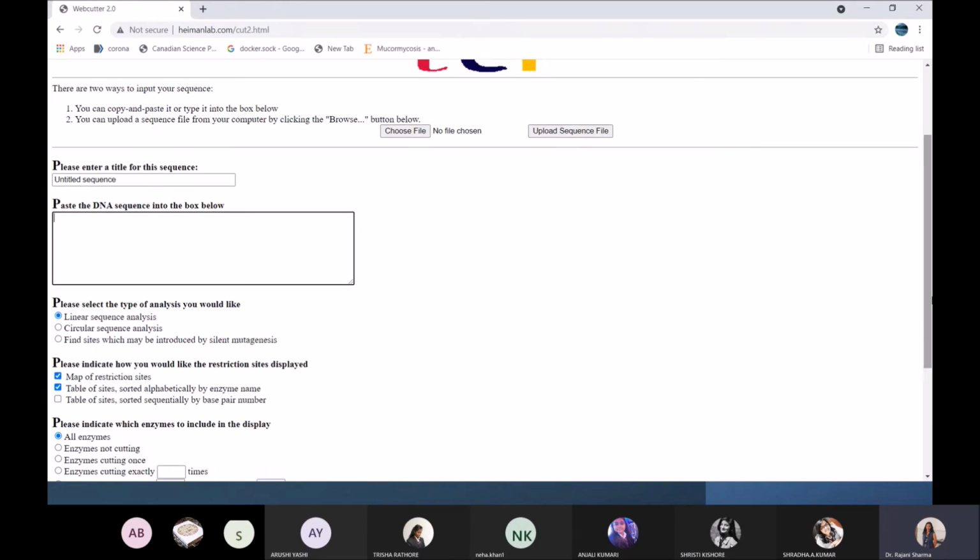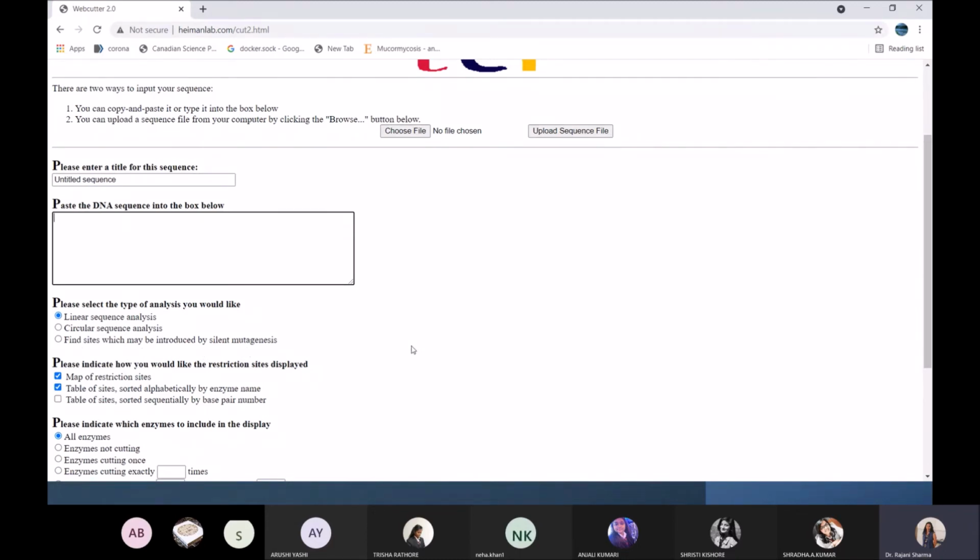You know about the genes, you are well acquainted with the genes, you can find out whether that is a linear sequence, you are going to analyze the linear sequence of the gene, or whether that gene is circular. You know about this, so as per that you are going to choose the option, or if you do not know that, then you will choose find sites which may be introduced by silent mutagenesis.